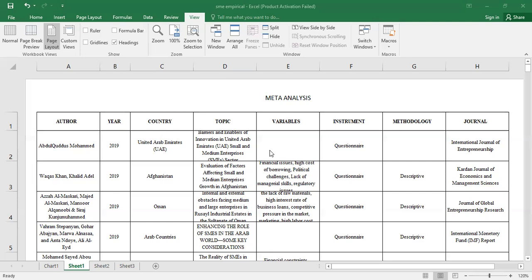In this particular research, as per the nature of the research, one of the variables, the dependent one, was SME growth rate. So instead of writing the type of variables, this particular column consists of independent variables. In case I'm doing any other kind of research where I'm dealing with